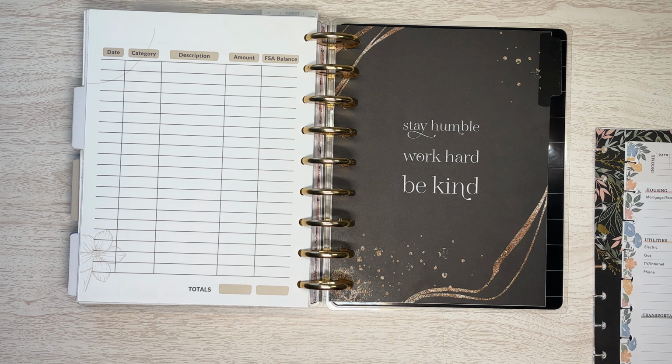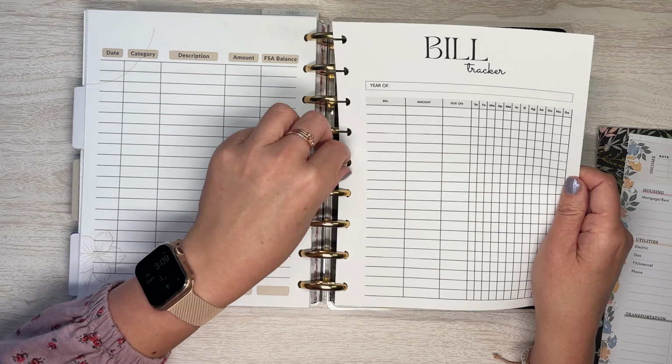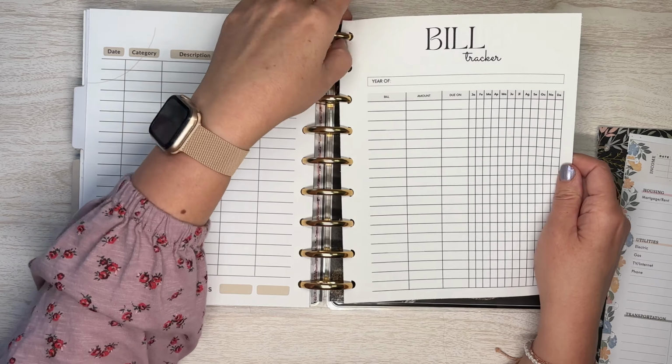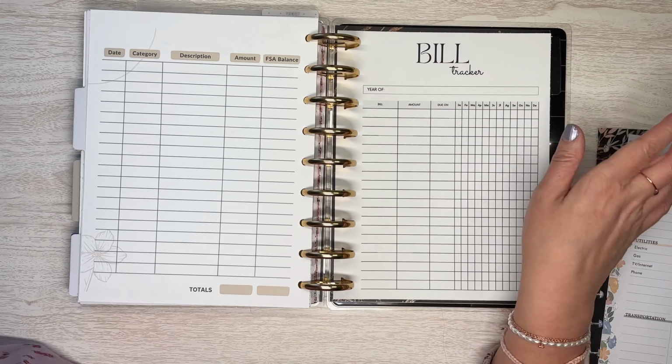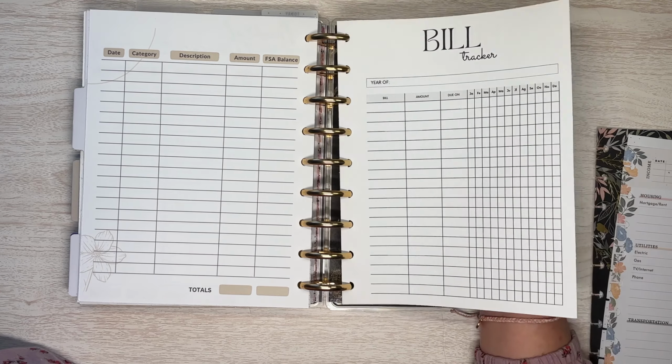Now we are going to talk about these little extensions, which, oh, I have a bill tracker too. Look at that. I have a bill tracker. I'm not sure how I'm going to use it. I just created it where I could write. I probably will use it, but I had created this to make my life easier when I was doing my